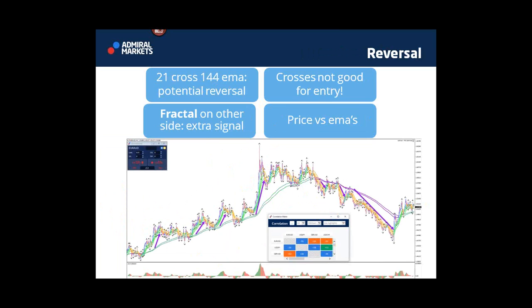Now, it might not be a total reversal, right? Here in these cases, these were retracements because price was ultimately just pulling back, retracing, and still continuing with the trend, right? But look at the difference right here when price really broke through the 144 EMA. Not only did price break through it, but the 21 EMA clearly went below it. You see that? So that is the first thing that, of course, is an important reversal signal.